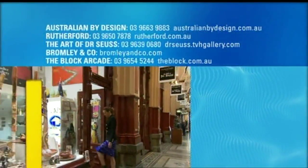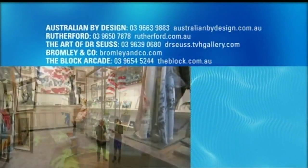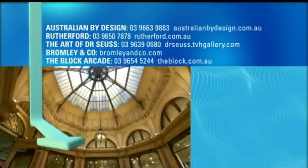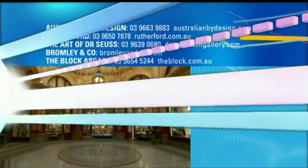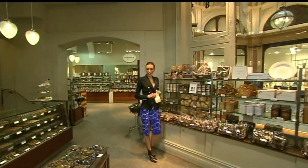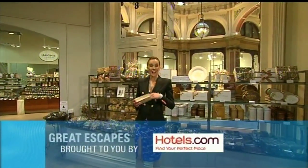If you would like more info on Australian by Design, Rutherford Jewellers, The Art of Dr. Seuss, Bromley & Co, and all things associated with the Block Arcade, go to the details on screen. I love Haigh's chocolates, and I think these coconut ruffs here will hit just the spot. So while I continue to feast on sweet treats here at the Block Arcade, it's time for you guys to